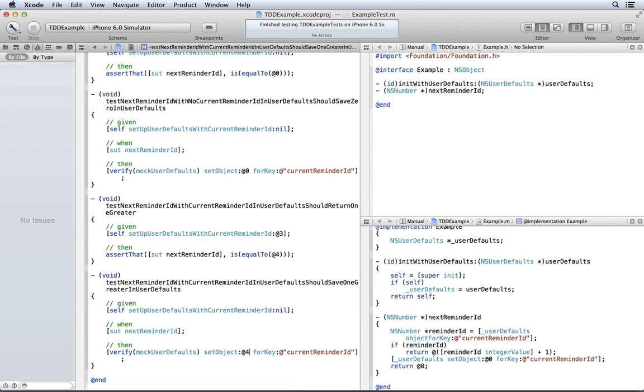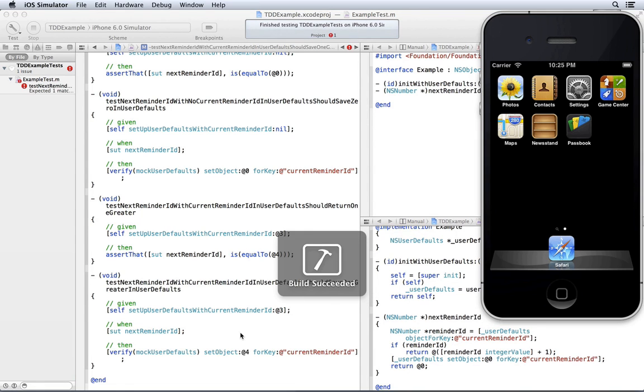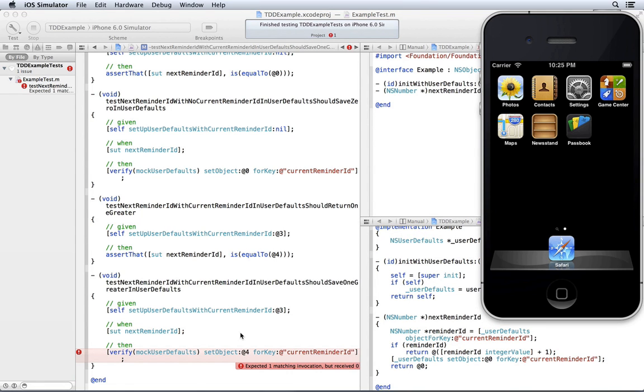And taking our arbitrary value of 4, the fake setup for that should be that the value in user defaults should be 3, so that then it sets 4 back into user defaults. Let's take this, Command U, expect it to fail. It does fail, and that is good. And that is step 1, a failing test.